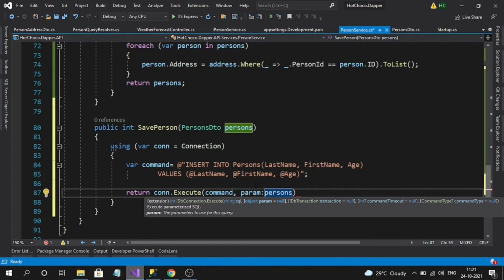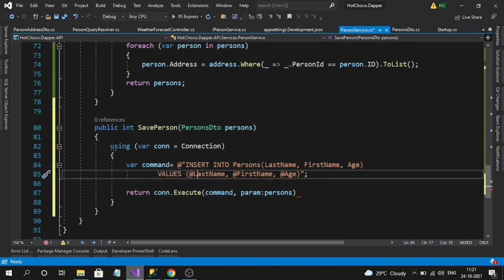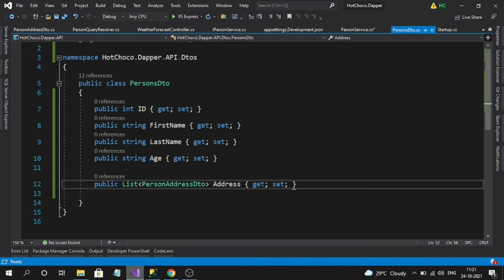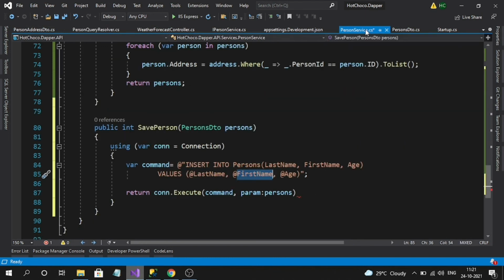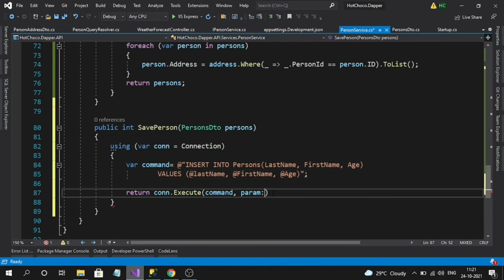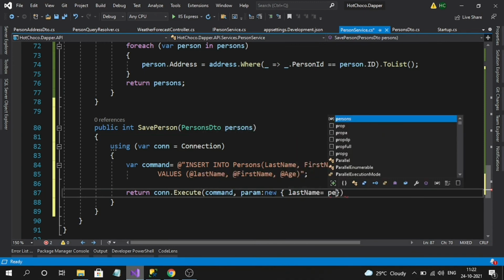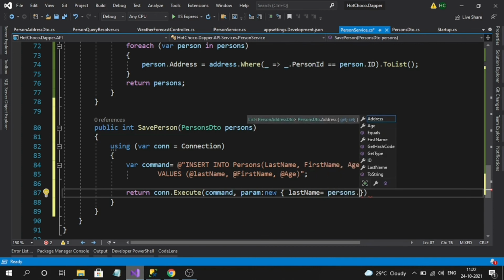And one more thing, these values should match exactly with our person DTO property names, with caps as well, so that we can directly assign the object. If you use small letters here, then we have to explicitly specify like this: new, and last name equal to person dot last name.